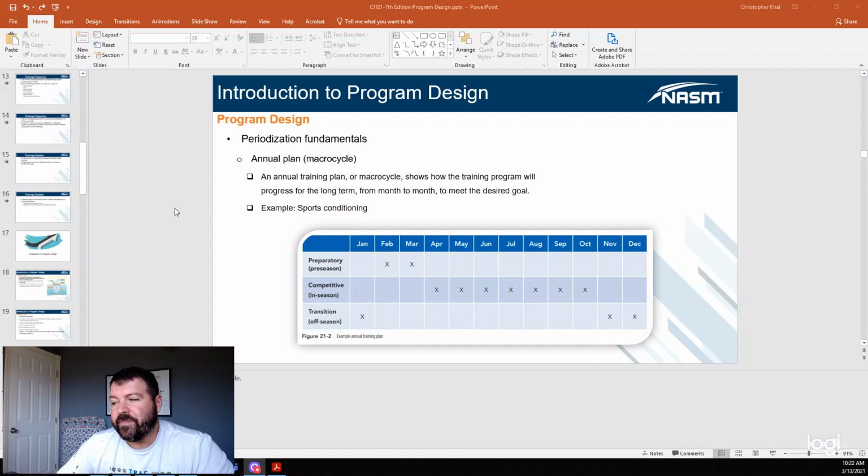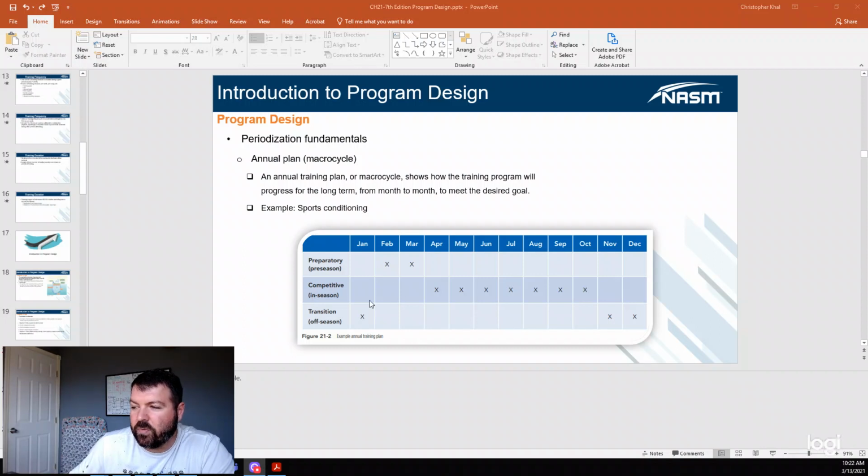So for a macrocycle, this one is more around sports conditioning or a sports team. Okay, so the annual training plan or macrocycle shows how the training program will progress long term, from month to month, usually meaning whatever the goals are. Okay, so